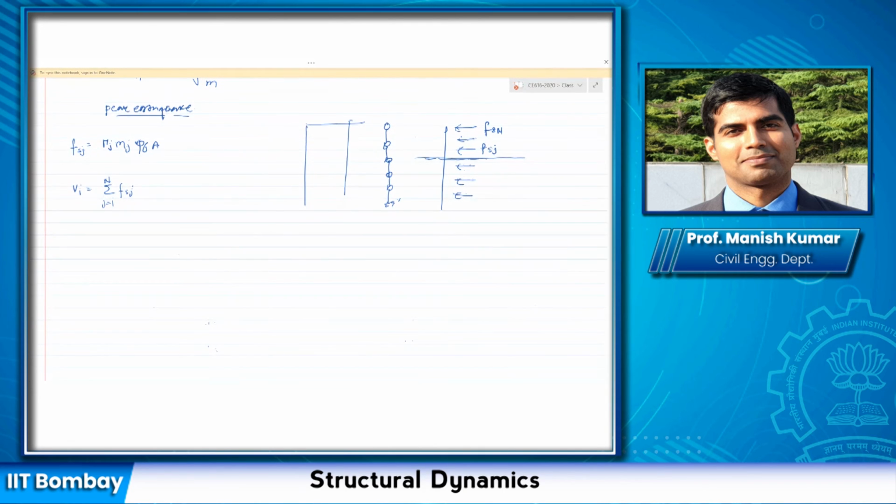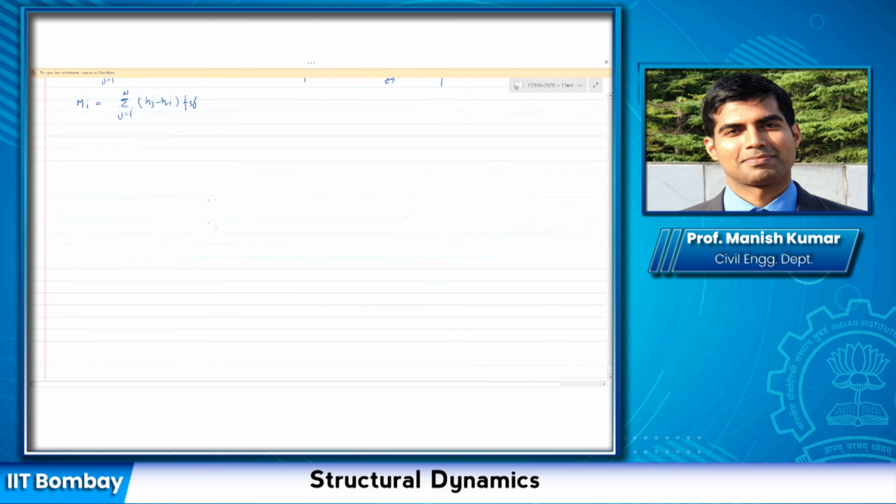And the moment Mi would be the sum over j from i to n, and then I have to take the moment of this one. If I assume that the height at level j, so let us say this is level j, is represented as hj, this would be (hj minus hi) times Fsj, where j varies from i to n. Don't worry about this scribbling right now. I'm going to rewrite the whole thing and post it as a separate PDF so that it becomes easier for you to understand. So this will give me the moment.